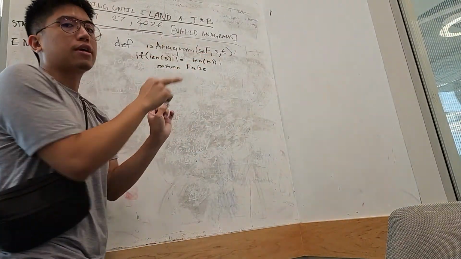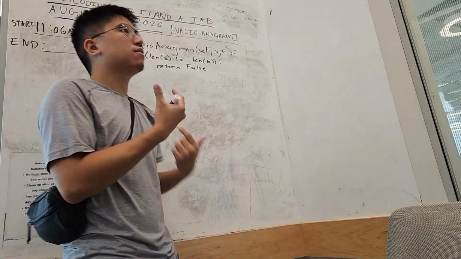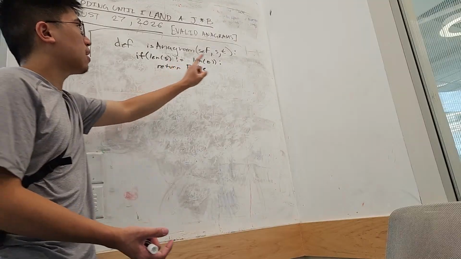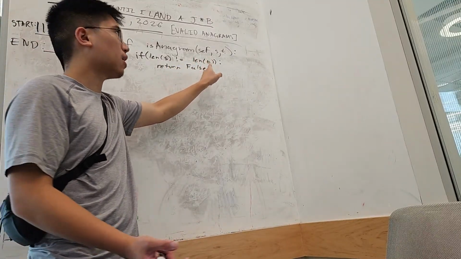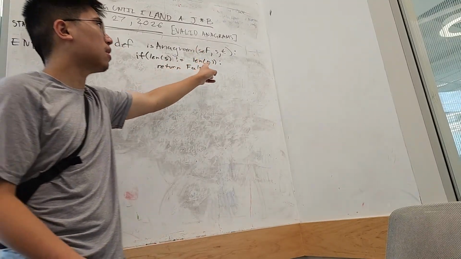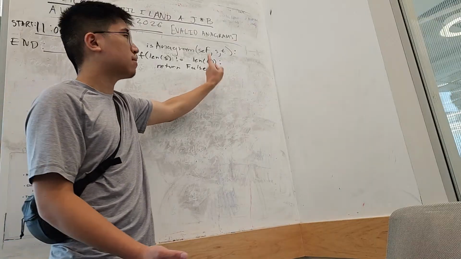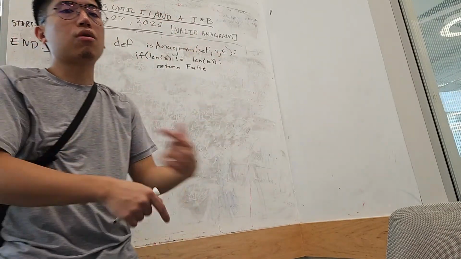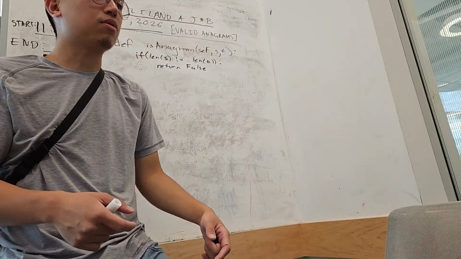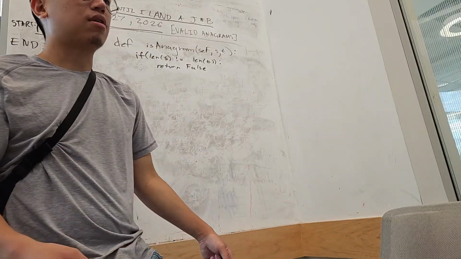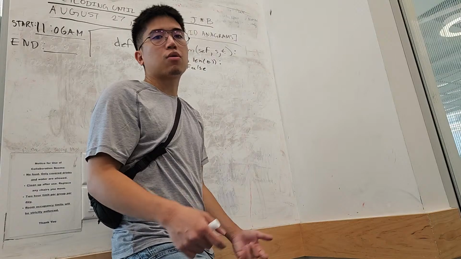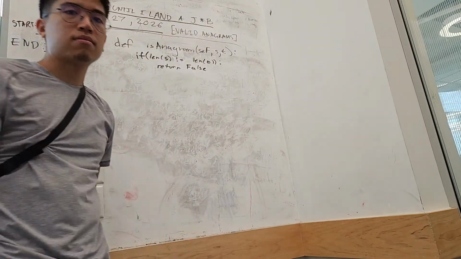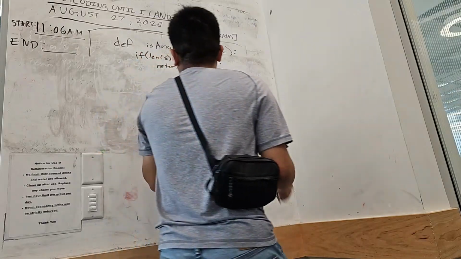So this is just a quick check. The reason for this is, let's say we have 1,000 characters in S and 1 character in T, so the length of S is 1,000 and the length of T is 1. We do this quick check so we don't have to do all that processing of our input. We just return false.